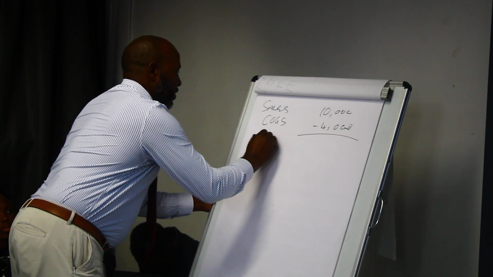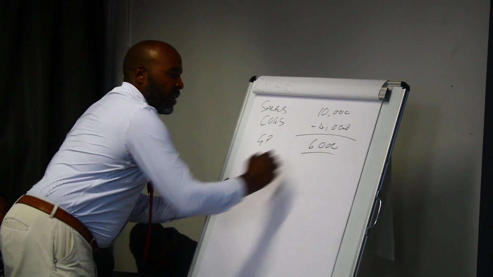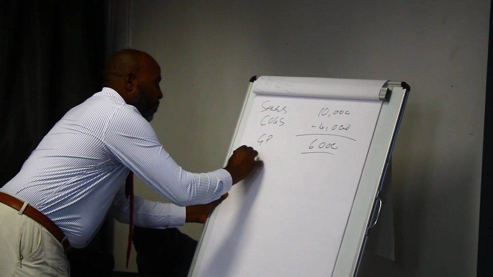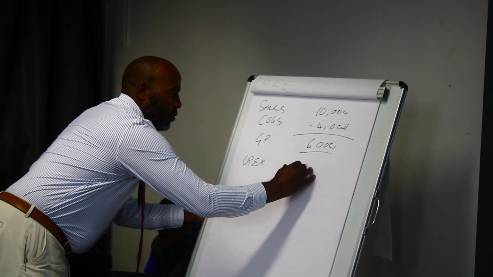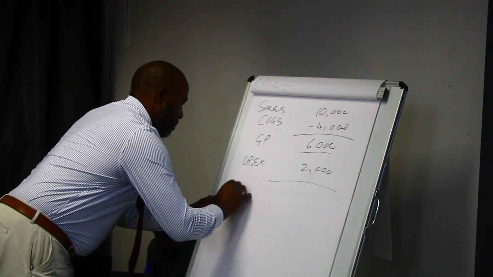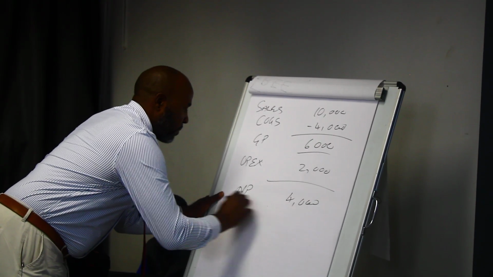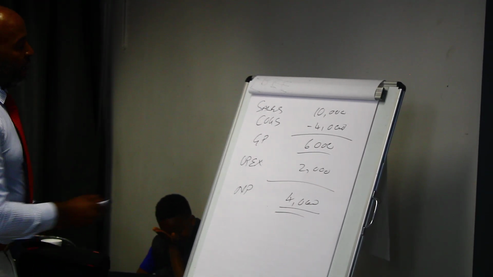That means that my GP, gross profit, is 6,000. Are we still together? Good. Then she said, I have operating expenses, so my OPEX is 2,000. That means that my net profit is 4,000. That's my net profit. I'm saying in this OPEX,